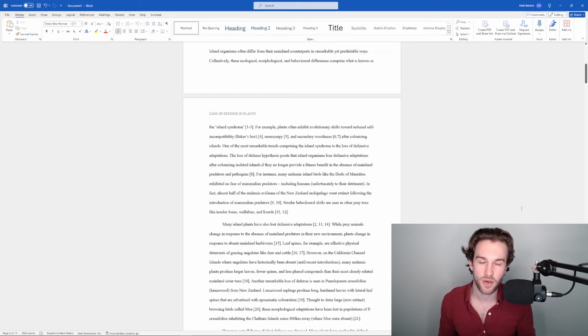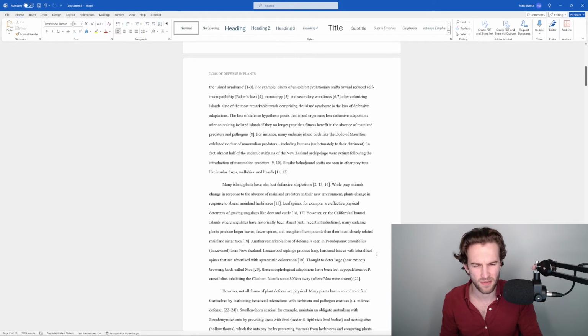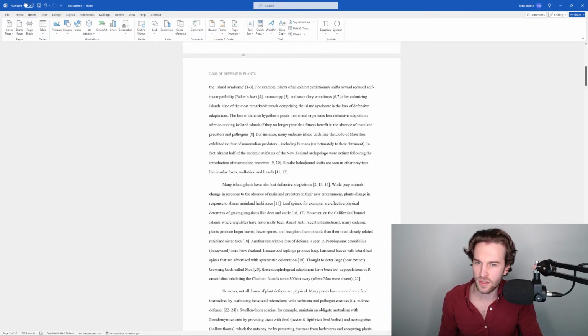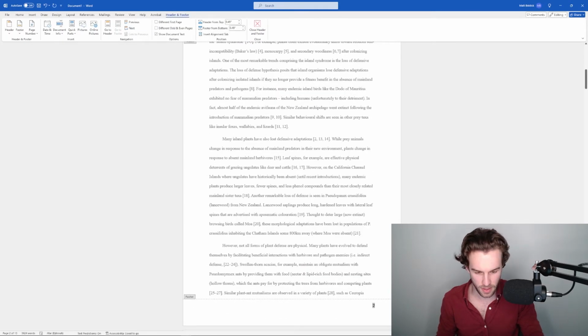Okay, so next up, we're going to want to add page numbers and continuous line numbering. For page numbers, we're going to put these at the bottom right of each page. We want to make sure we avoid using Roman numerals or anything thesis looking like that. To do that, we're going to go Insert under the header and footer section here, right in the middle. Going to click Page Number, bottom of the page, and plain number 3, so bottom right here, and simply double